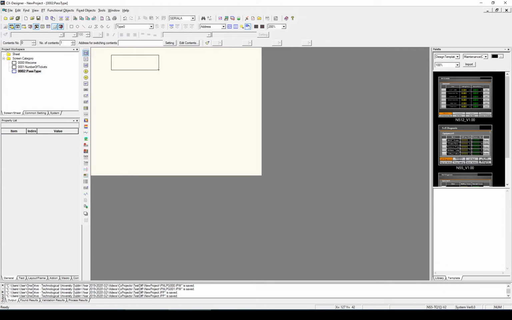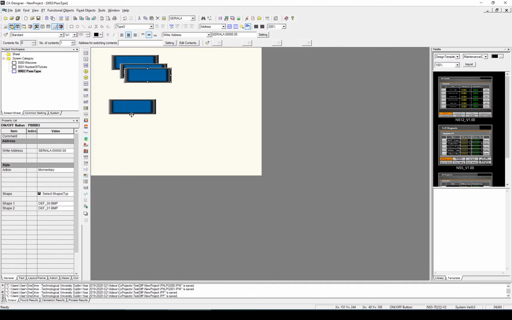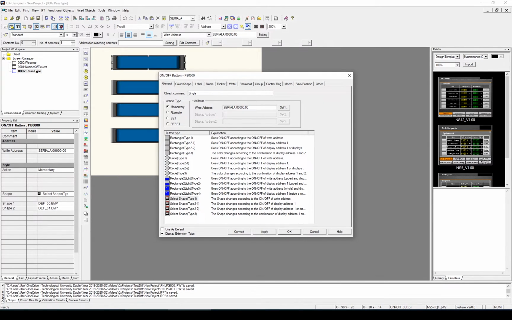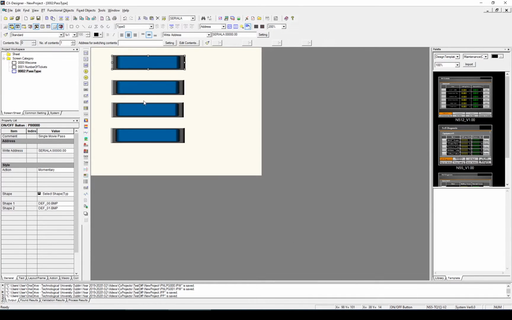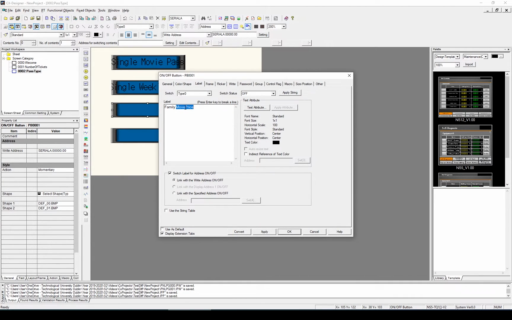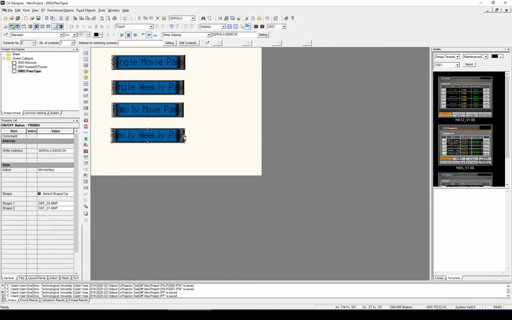So there's 4 different pass types. So I'll add 4 buttons. First button will be single movie pass. The next one will be single week pass. The third one will be a family movie pass. And the fourth one will be the family weekly pass. So there's my 4 passes